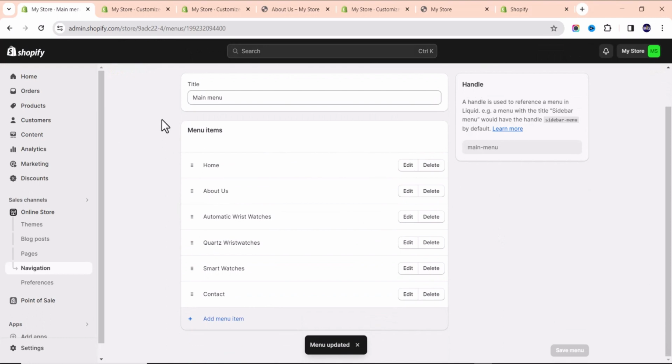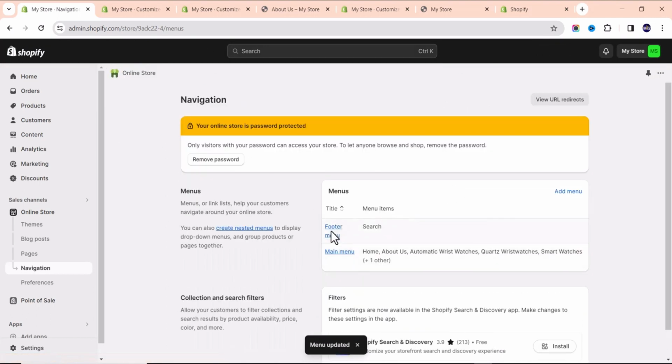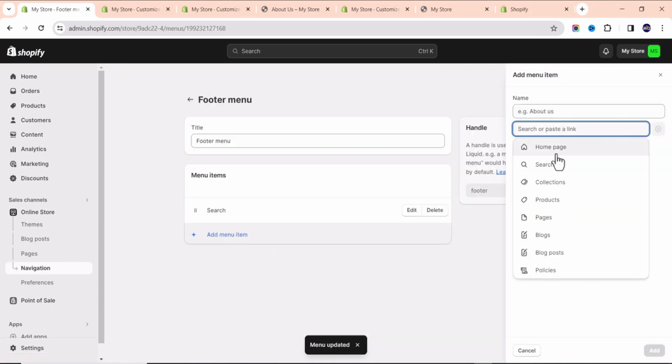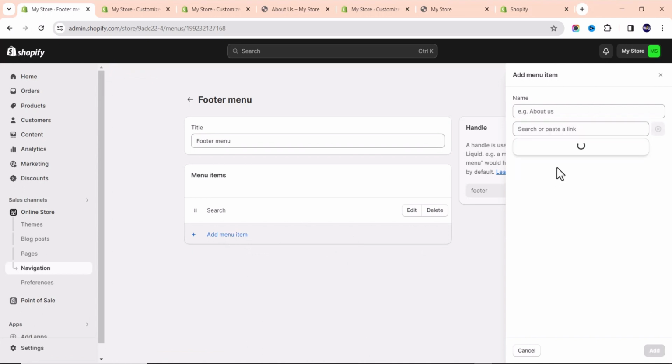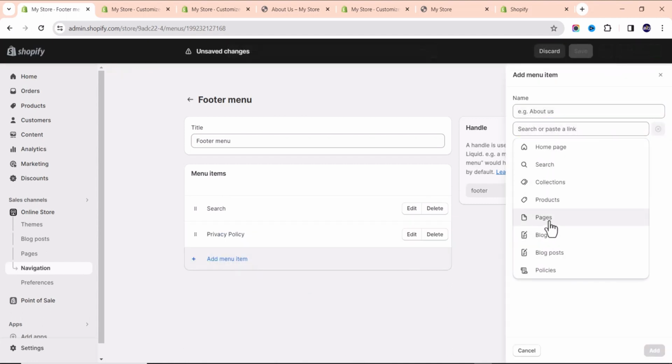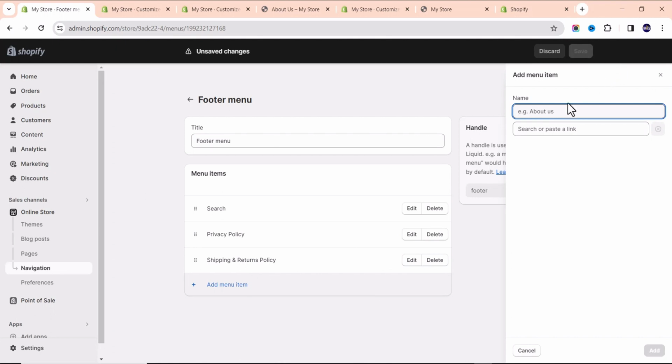Okay, menu updated now. Let us go back and edit the footer menu. And let me add a new menu item. Let me go to pages. Let me add the privacy policy page. Let me add the other pages. Shipping and return policy. And the last one,